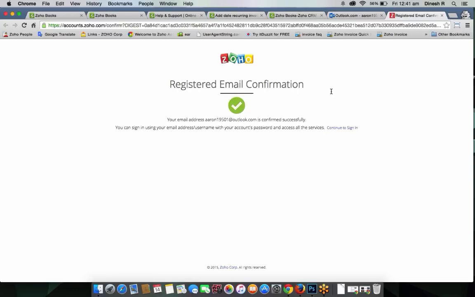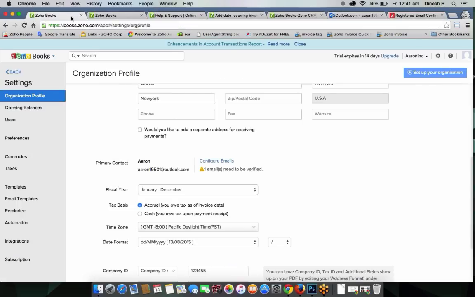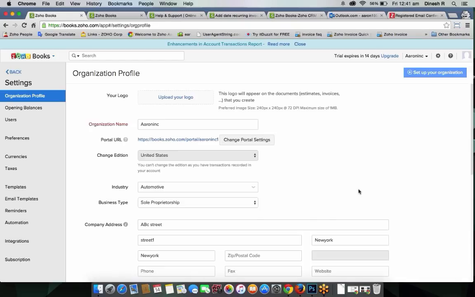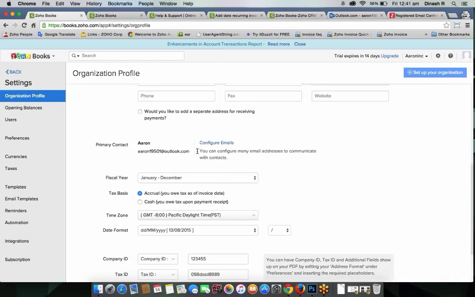So I have to click on this confirmation email. So my email is confirmed. Now when I refresh the page, I will not find that email to be verified icon anymore. So here you could see I can configure emails. Now I can go back